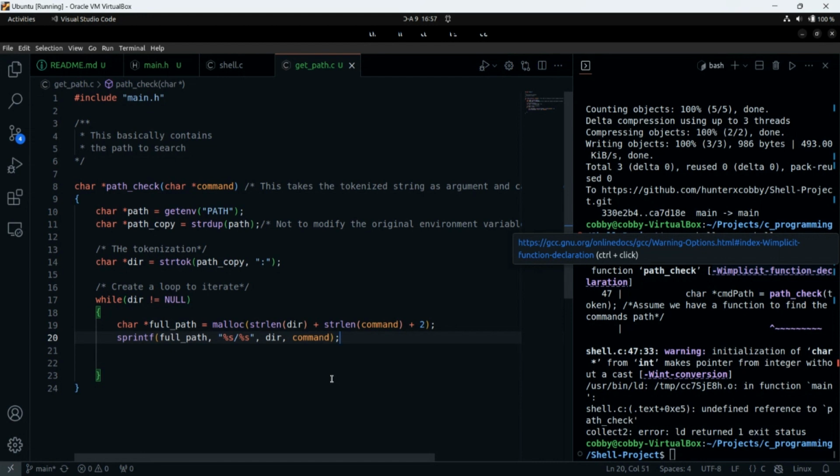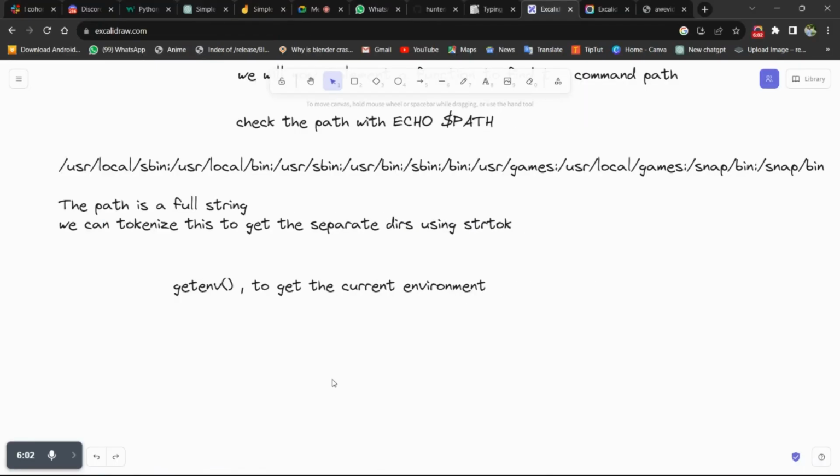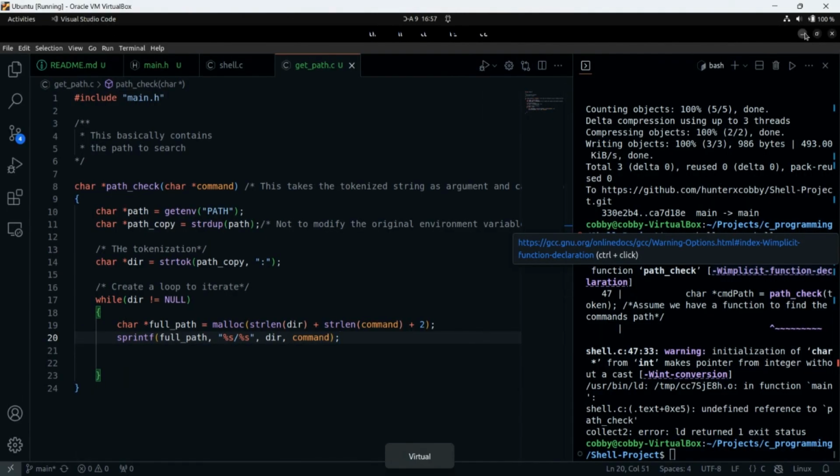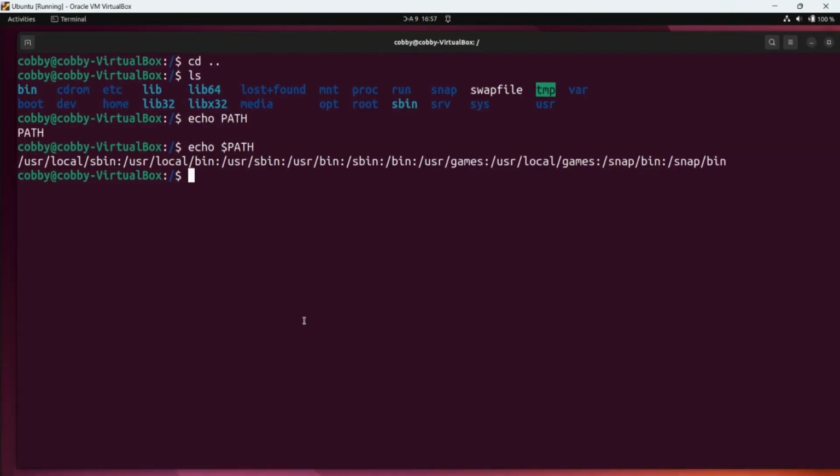Basically what we want to do is to be able to tell between the directory and the command. We want to tell what the first part of the string is. If you have something like this, then ls, right? Basically we want to say that this is the directory, and this is the command.